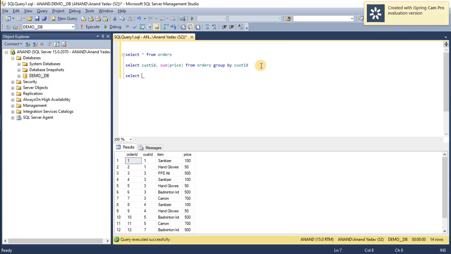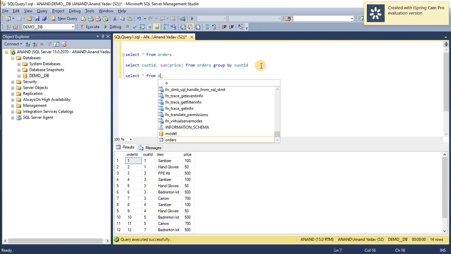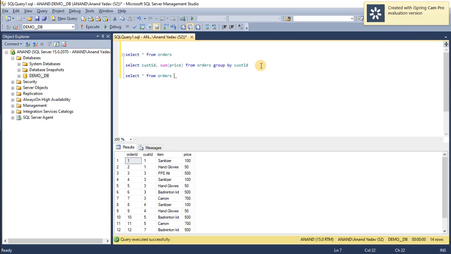So it is a select and I want to see the entire row information. For that I will just use select star from orders, and I give alias O to the table orders, and I'm just selecting O dot star, which means it will print the entire row from the orders table.